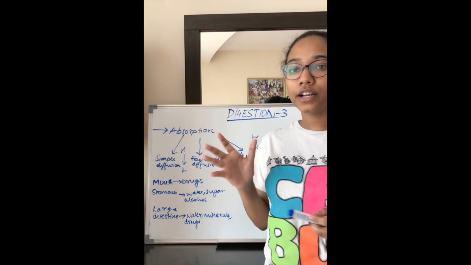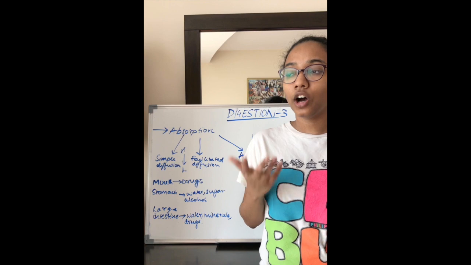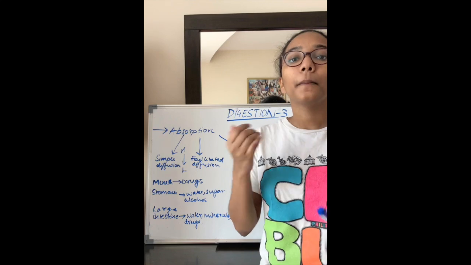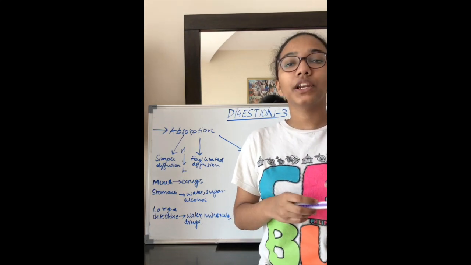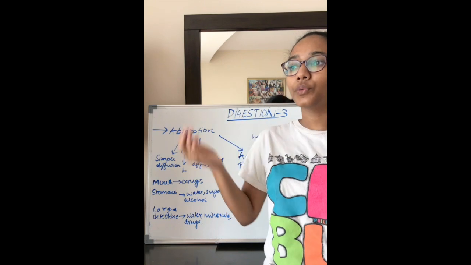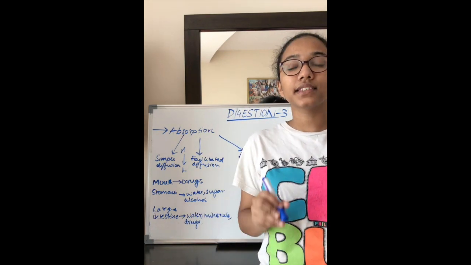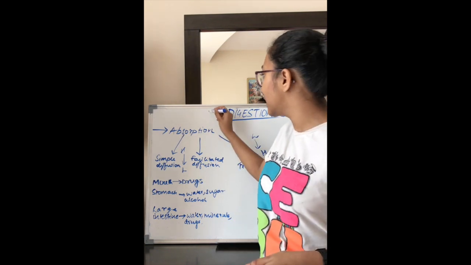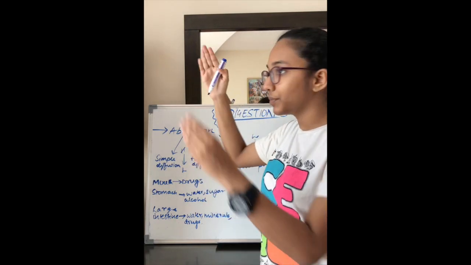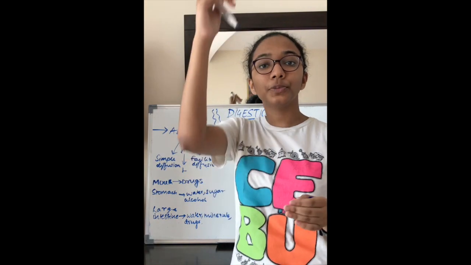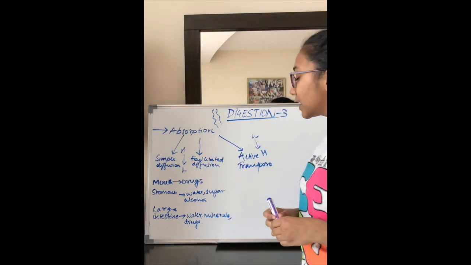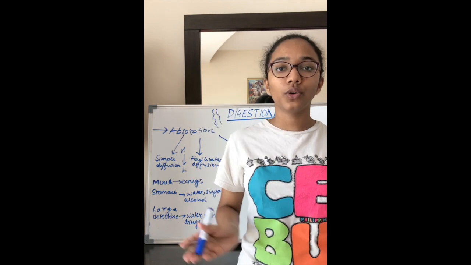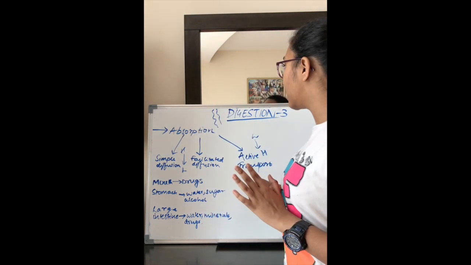After this comes a voluntary process, meaning it does not happen involuntarily. The entire digestion process is involuntary, that is, we do not control it. But defecation is a voluntary process in which we voluntarily remove the waste substances out of our body, and this is guided by a mass peristaltic movement. We have already seen that peristalsis, the muscular movement for the food to pass through, keeps happening throughout the alimentary canal. Similarly, in defecation there is a huge peristaltic movement for the fecal matter to go out of our body. So this is all about absorption.